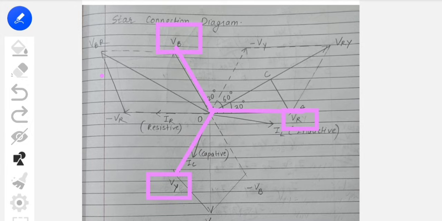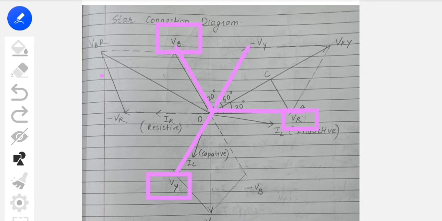Then we have to show the line voltage phasors. These are drawn by connecting the tips of the corresponding phase voltage phasors. See how you have to draw; follow my construction. Here you can see VY is present, so on the back side of it you can make minus VY, in the back side of VY. Okay, simple.